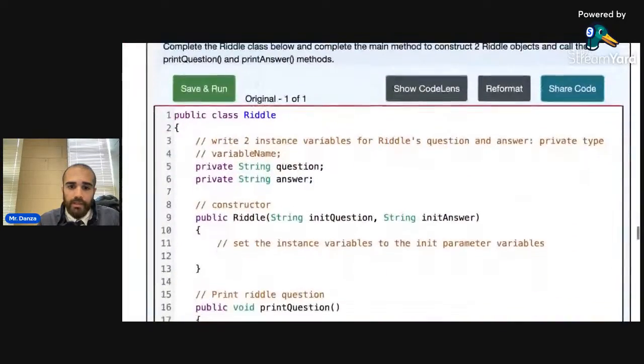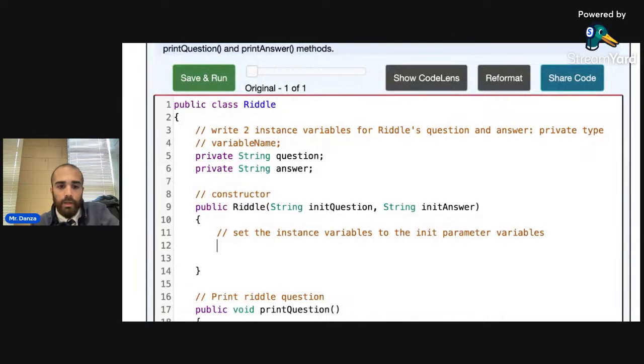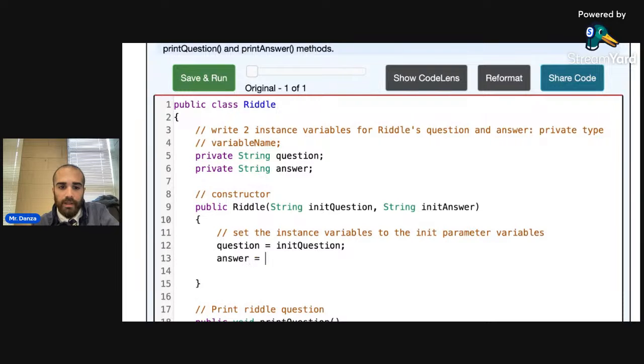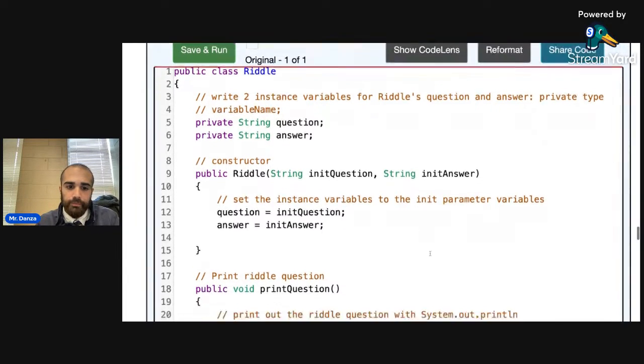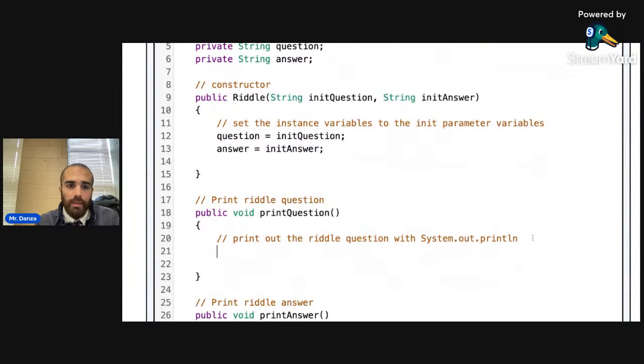It says set the instance variables to the init parameter details. Okay, so we'll say question is assigned init question, and answer is assigned init answer. This is my constructor, right? And then I have a method print question. So I would say System.out.println